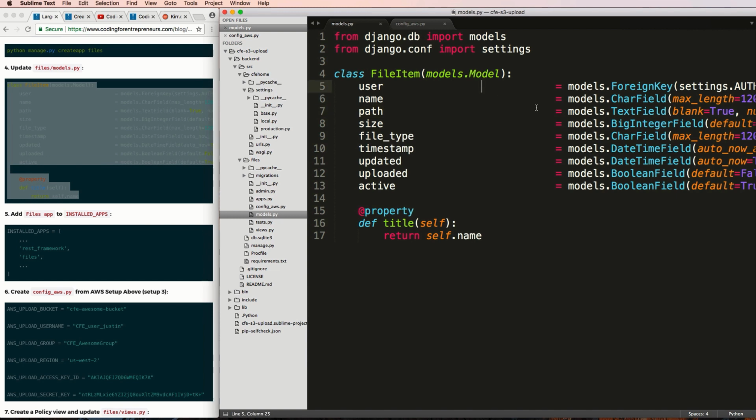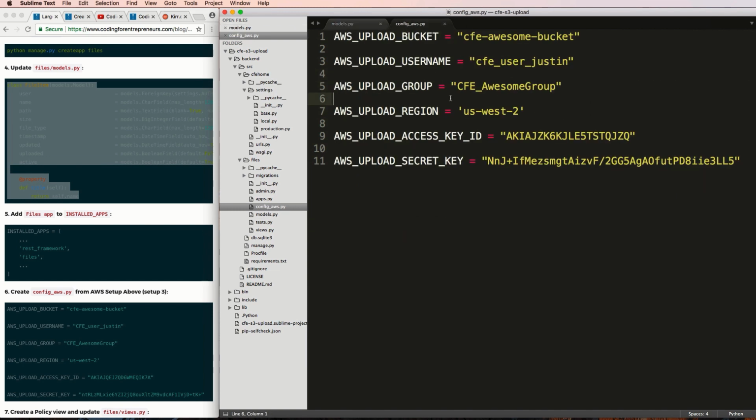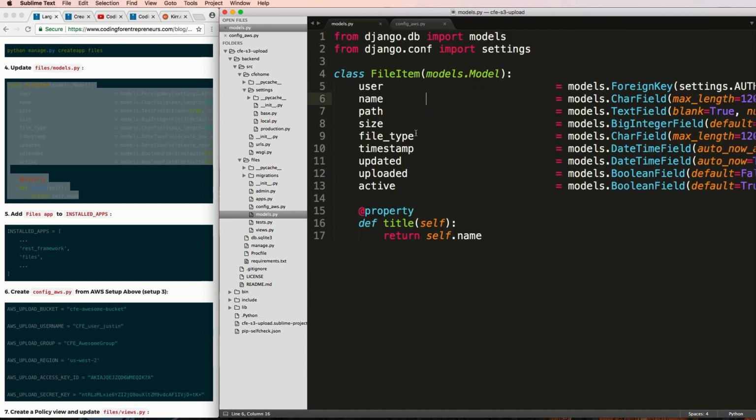So we will have a path inside of our bucket, right? So we've got our bucket right here. There is a path that will be inside of there. We'll see what that does in a moment, but basically this is going to be that path that's inside that bucket to that file. It is different than the file field, and yes, there's probably a way to do this with the file field,